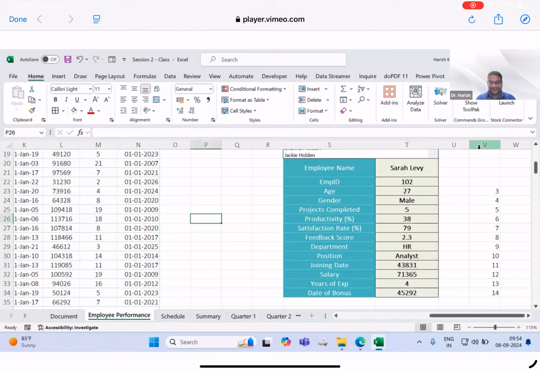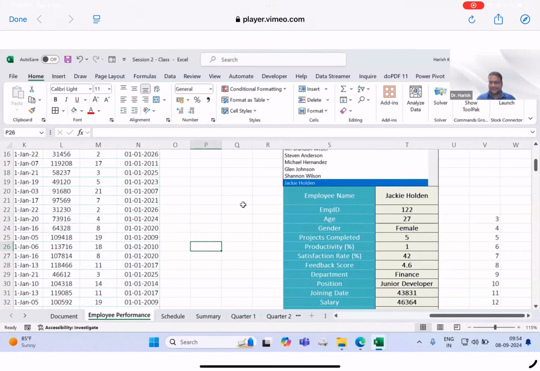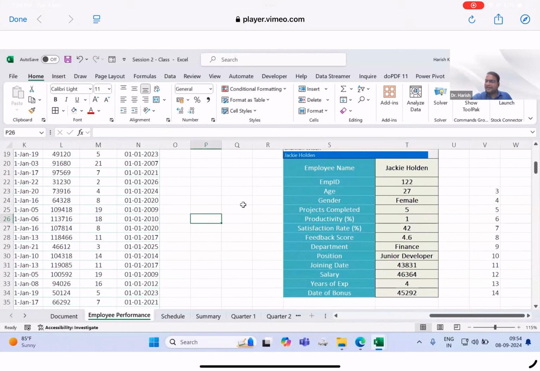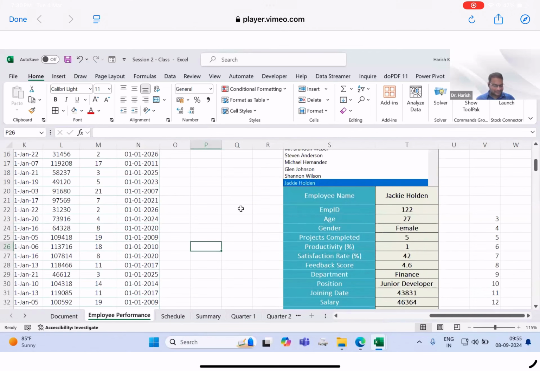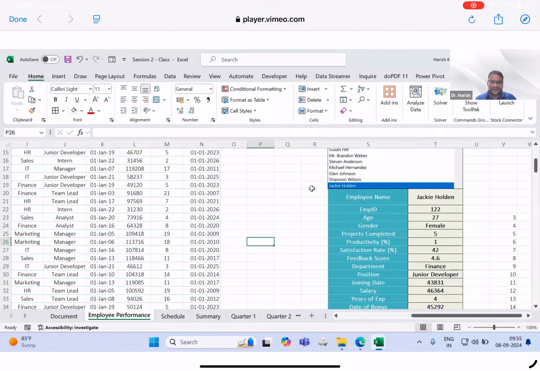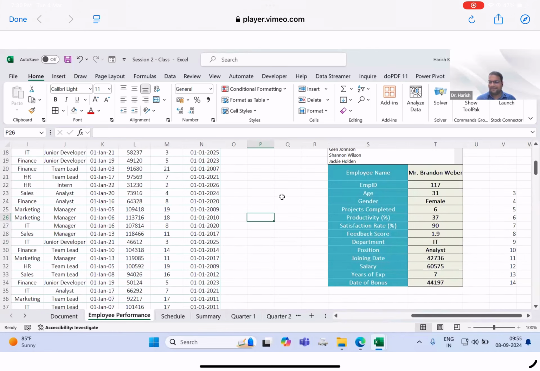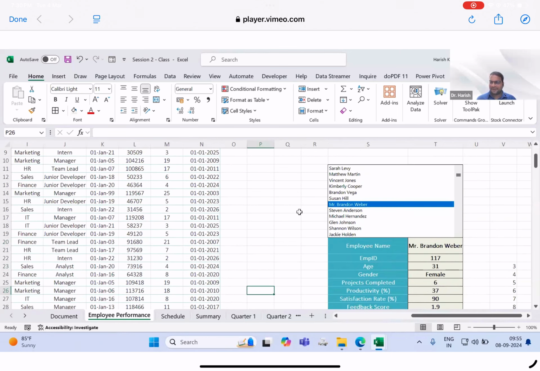And now another thing. Whenever you are changing, let's say Jackie, see, all the details are directly here. Simple, better than the previous search engine, right? Now, if you are going to select Glenn, see all the details, Michael, Stephen, Brendan. Once you say any name of any employee, all the details come. But another problem here is,